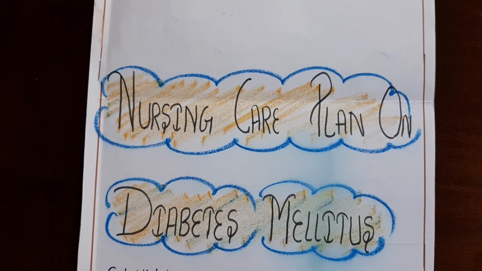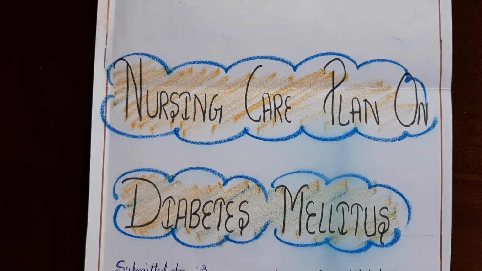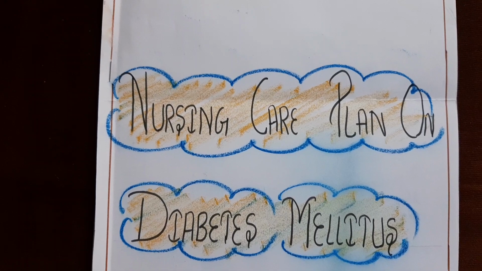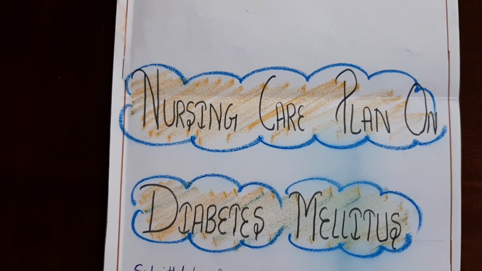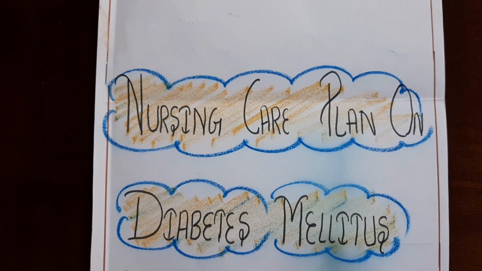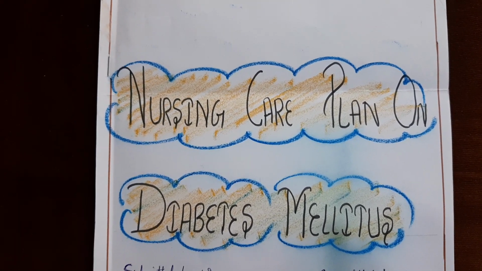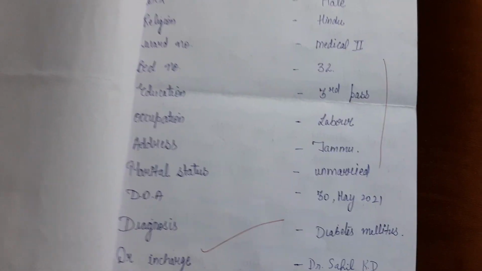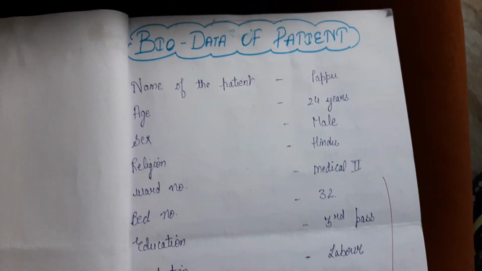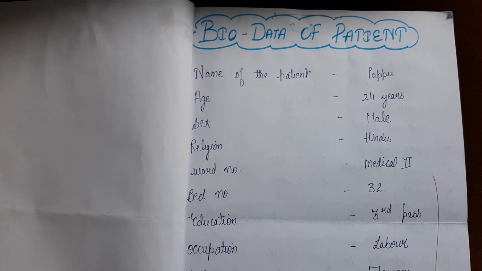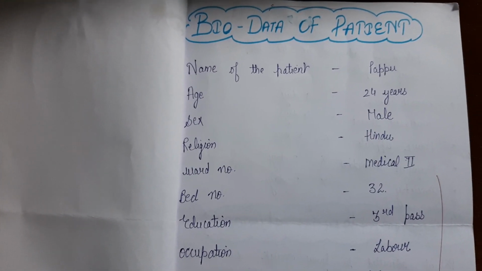Here we start the nursing care plan on diabetes mellitus. Previously, in the previous videos, we did the nursing care plan on tuberculosis and asthma. So here we are going to do the NCP on diabetes mellitus. May everyone know about diabetes mellitus. Diabetes mellitus is a disease where there is a deficiency of insulin and an increased accumulation of glucose